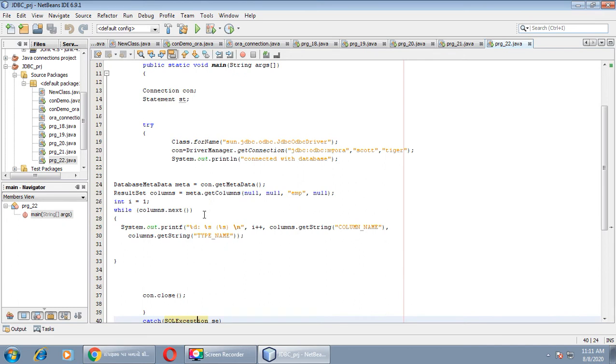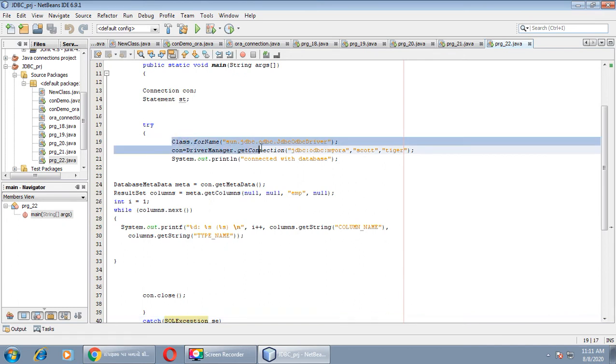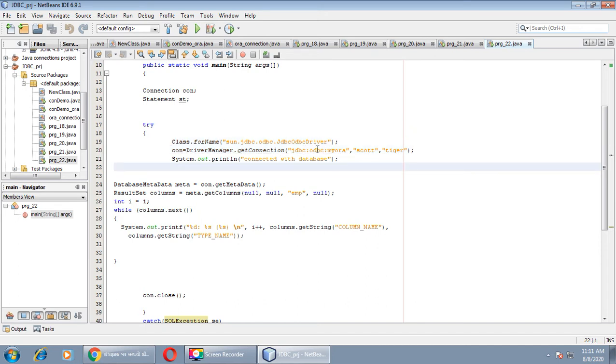Now the code is very simple. Here we do the connection, sun.jdbc.odbc, as usual, and as we have done in the previous programs: Class.forName for the registration, and for getting the connection we will use the DriverManager.getConnection method.